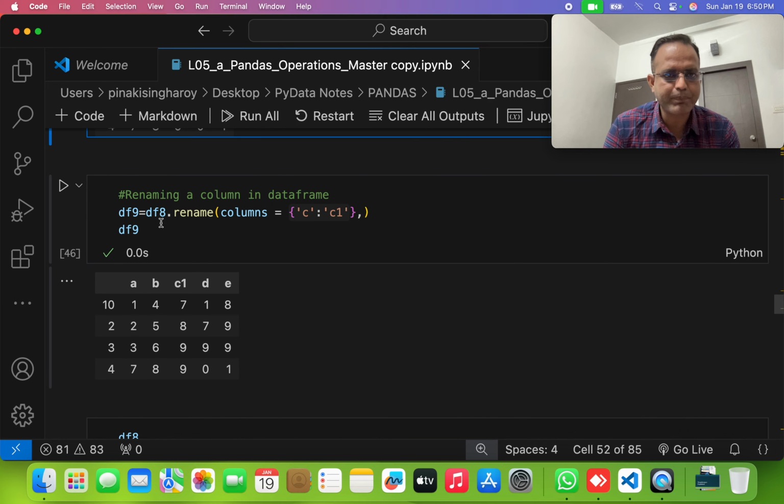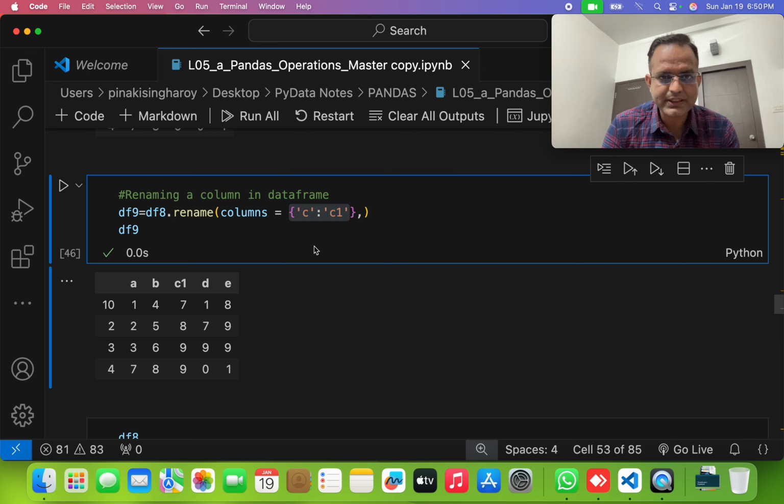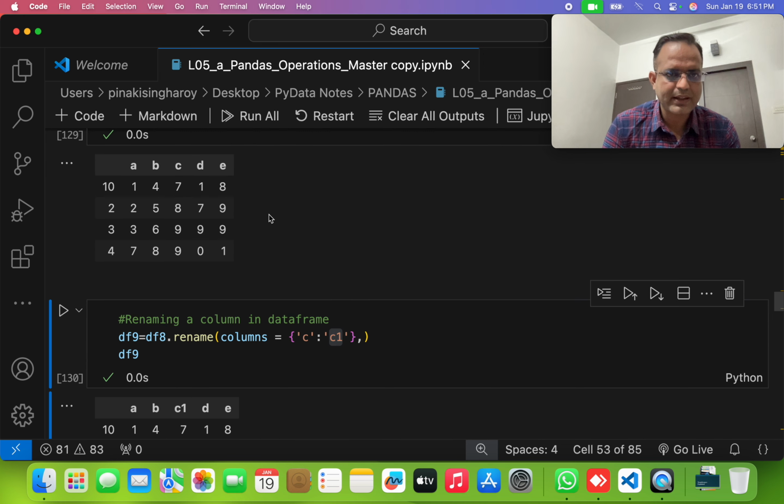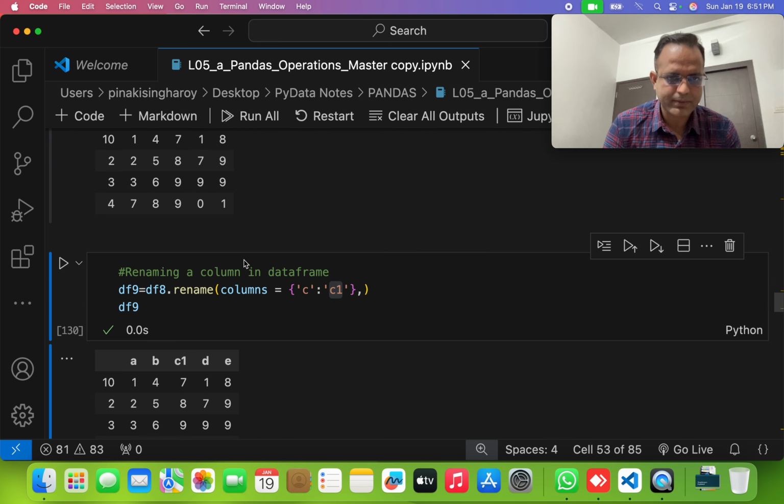If we are using the df8.rename function. Basically the rename function changes the column name, and within the rename function I am passing columns equal to, within curly braces, C. I want to change this value. So whatever you want to change, you have to write down that value first, and then the name you want to use, that name it should become later on. So if I run the program, you can see the earlier column name was C, and